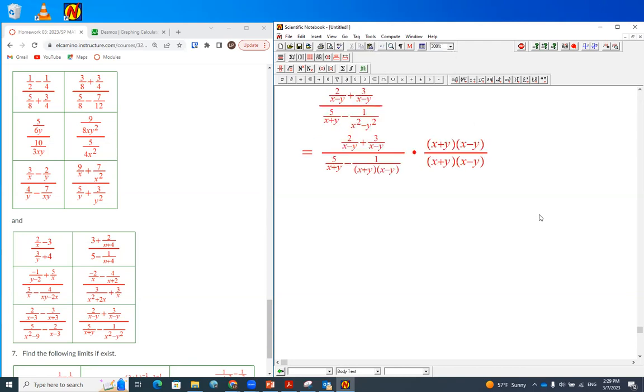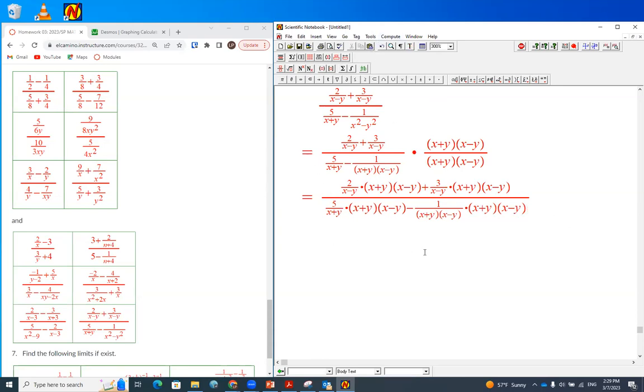And we do the same thing, distributing. We multiply that piece, and multiply that piece, and multiply that piece. And last but not least,